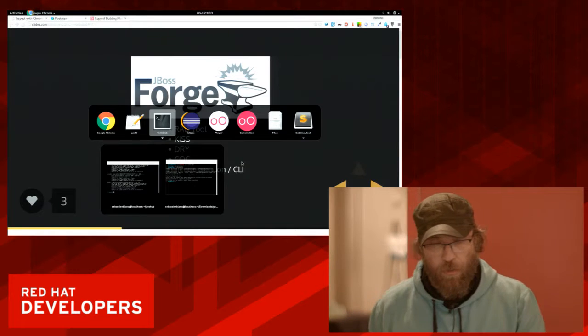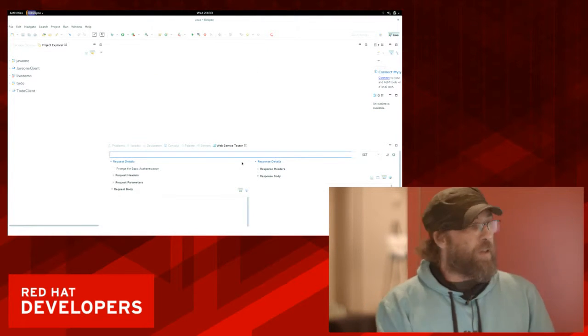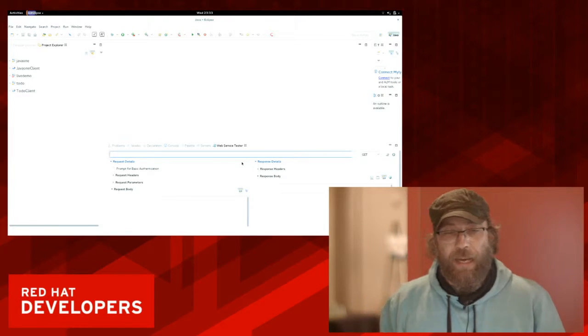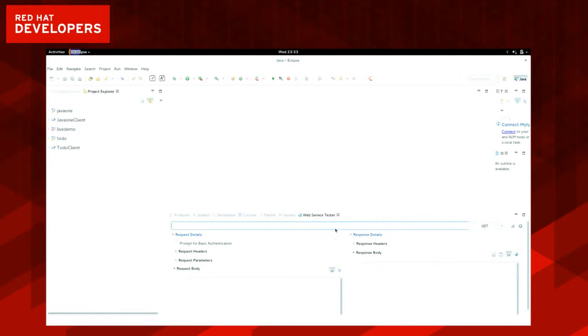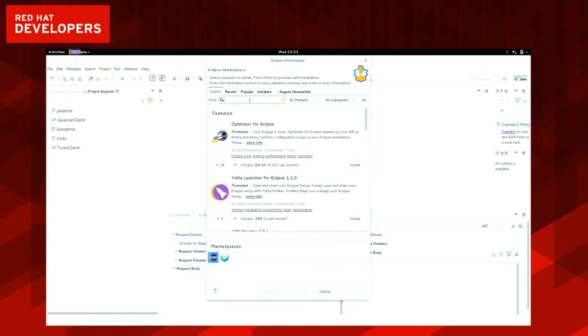So let me go to Eclipse. Here I got just a vanilla Eclipse. All I did, I installed the JBoss Tools. If you want to install the JBoss Tools, you just go to the marketplace there. And if you search for JBoss here, my internet connection is a bit slow, but if you search for JBoss here,